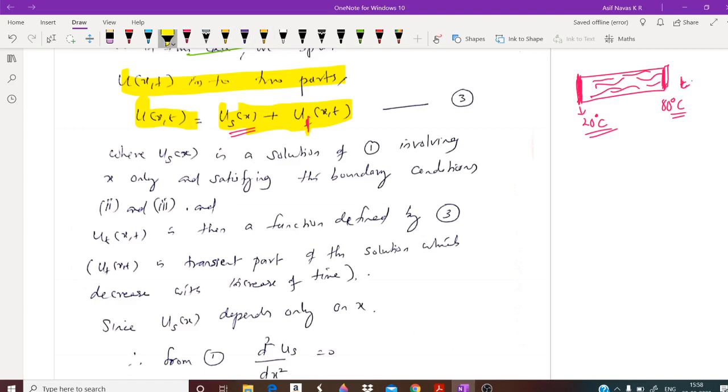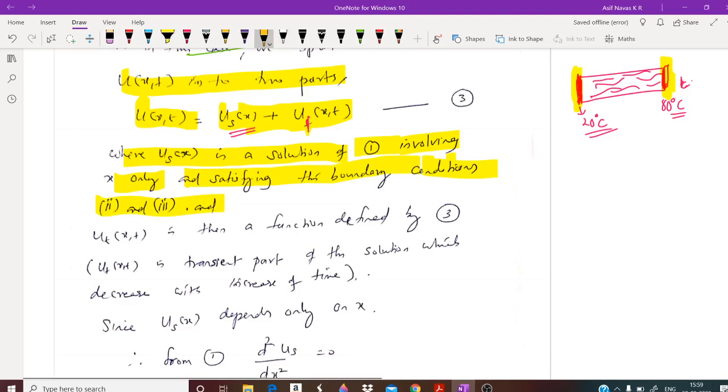So what we will do is split u of x,t into u_s of x plus u_t, where u_s of x is the solution of equation 1 involving x only. That means at both endpoints the temperature distribution we take as u_s of x, satisfying the boundary conditions. What are the boundary conditions? It satisfies the boundary conditions